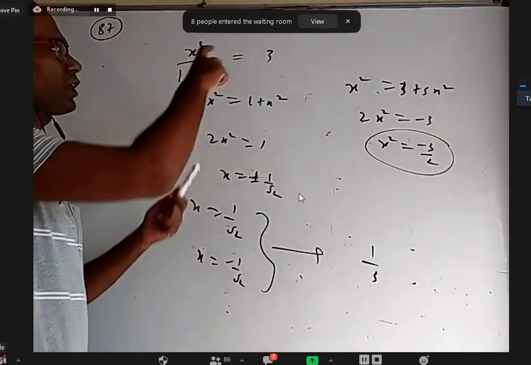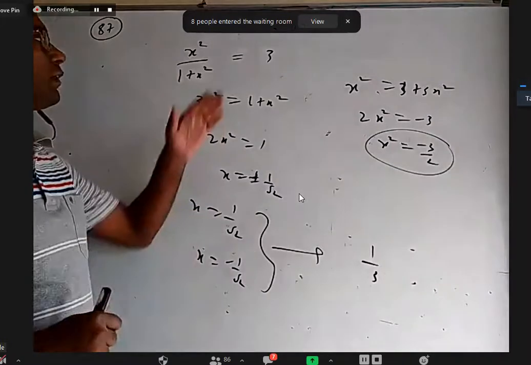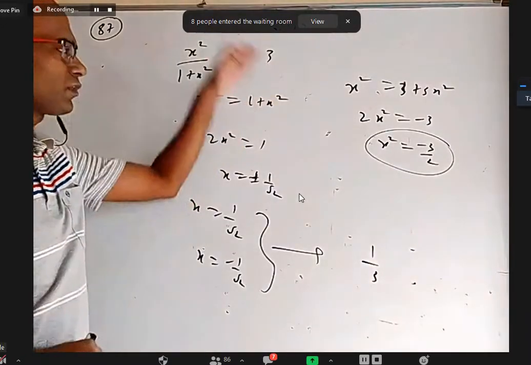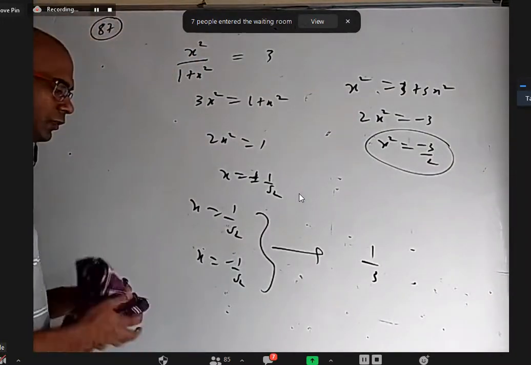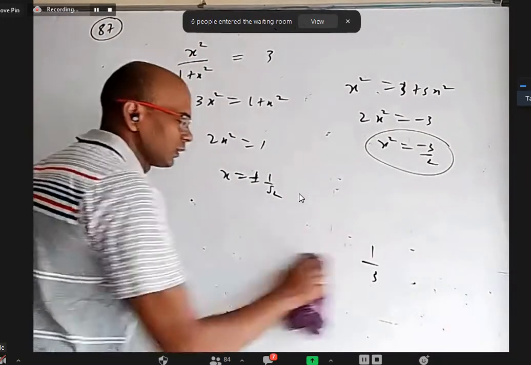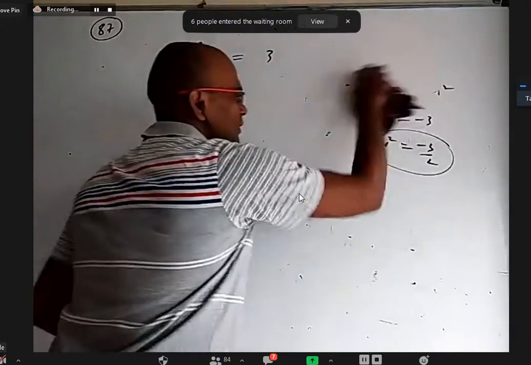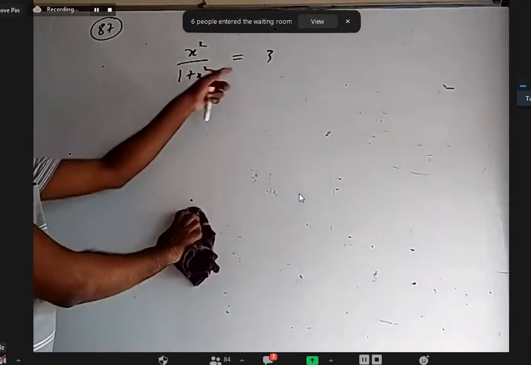Okay, so we can take one or two examples. I'm giving an idea where you equate the function to that number and try to find the x value. If you get a legible, or what I mean to say, acceptable x value, if it exists, then that number will be there in the range. Otherwise, it will not be there. How to do that, I'll tell you.